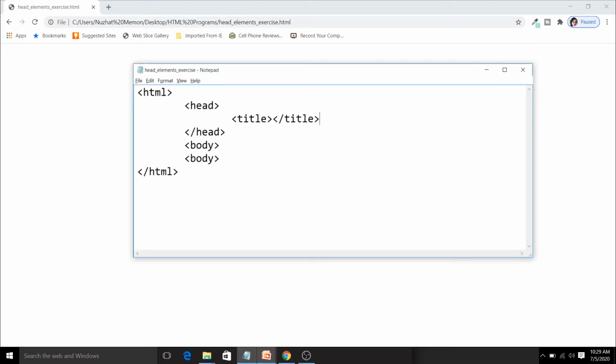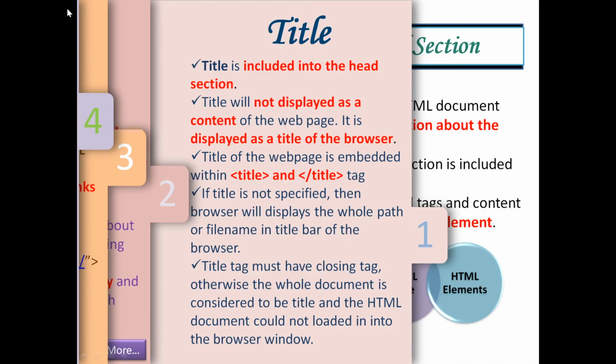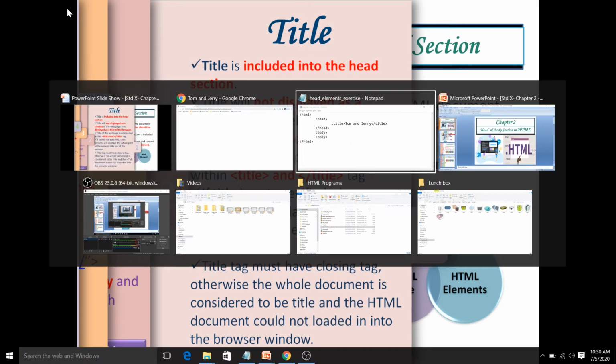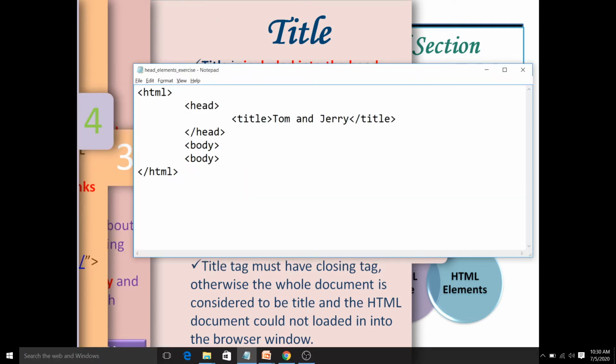So here I will write some title like Tom and Jerry. I will save the file and again refresh it. So you can see here whatever text you write will be displayed on the title bar of the window. And one more thing you have to remember, you have to close the title tag, because the title tag is a container tag.